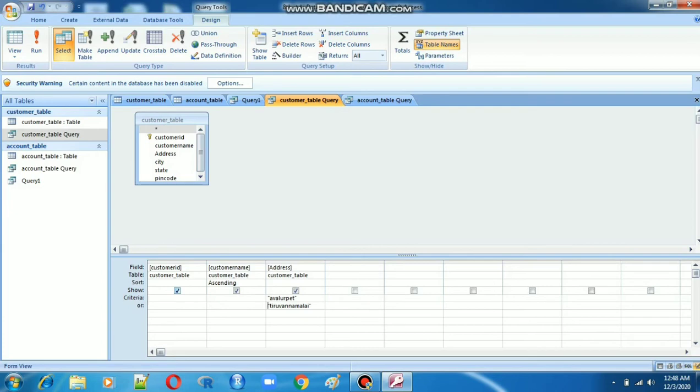Next one we have to see how to make the pictures appear in a window. We have to see all the details one by one. Next one is how to sort a query. Already I told you how to sort that. Sorting means ascending and descending, these two only we have. We have to sort one by one.